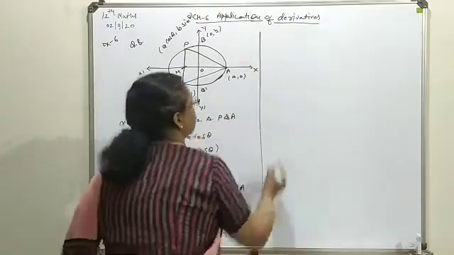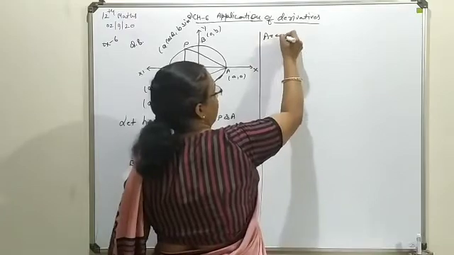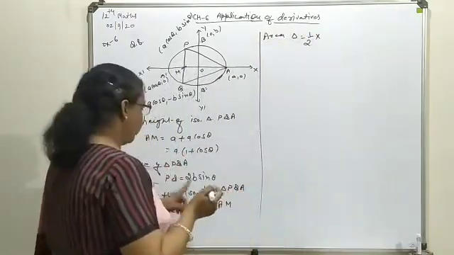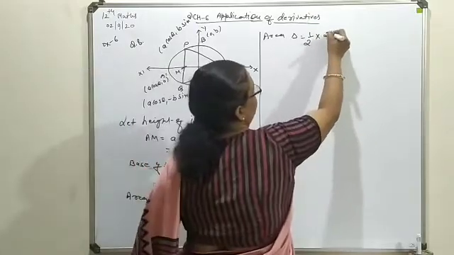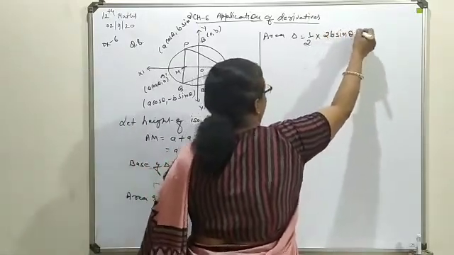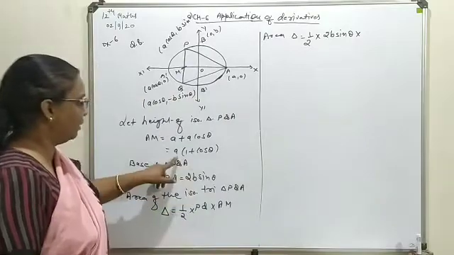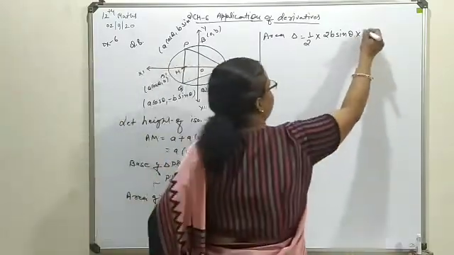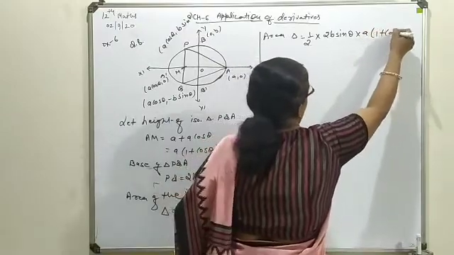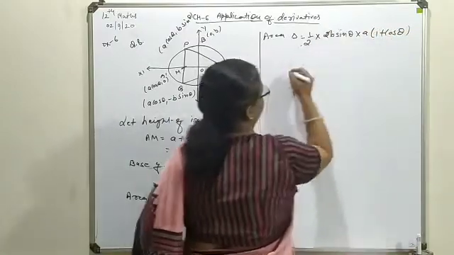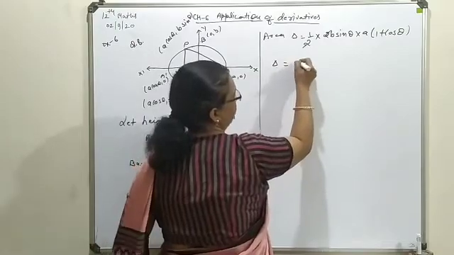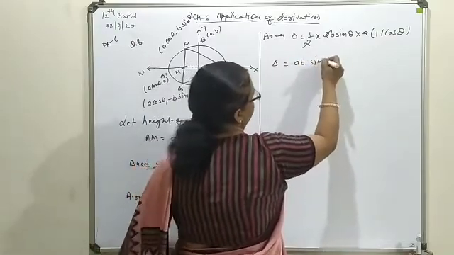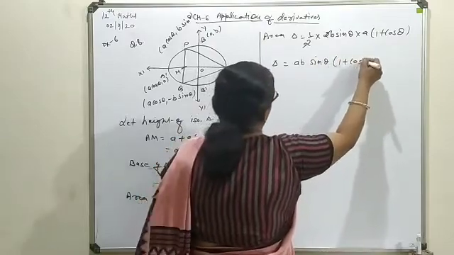So here area means delta, you will have as half PQ. PQ means what? 2B sin of theta, and AM, what we have written? This form. So that also we will write as A(1 plus cos of theta). These 2 will cut. So finally this area you will have as AB, which are a constant quantity, sin of theta (1 plus cos of theta).